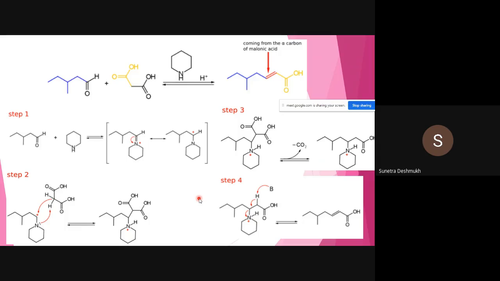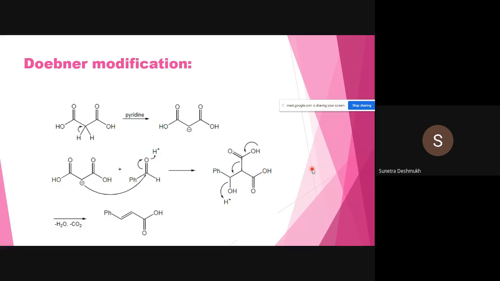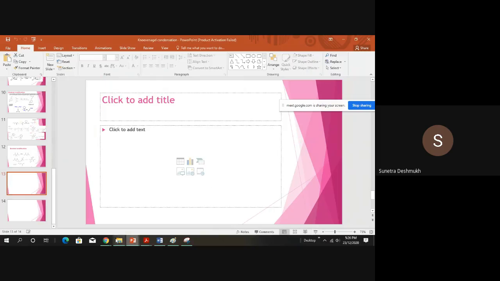Okay, so please go through that mechanism of the next Doebner modification, and the same Doebner modification to the carboxylic group, but this mechanism is a bit shorter, so better you refer to it. In terms of piperidine, how to do that I have shown over here. So you can refer to this mechanism as well. So in this way, we will finish our